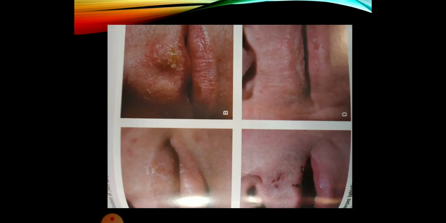These are showing distribution of lesions on both sides of the lips and the face, and hence this is basically a simplex infection. This is herpes simplex, where the diagnosis can only be established by lab investigations like IgM and IgG for herpes simplex. It has two varieties, type 1 and type 2, and the drug of choice is again acyclovir. It is 200 milligram 5 times daily.